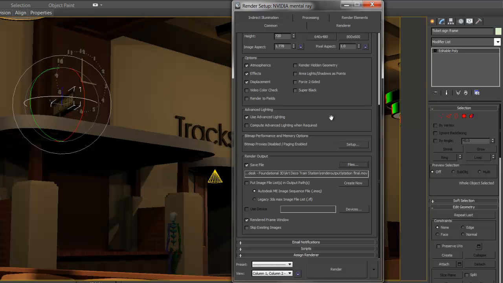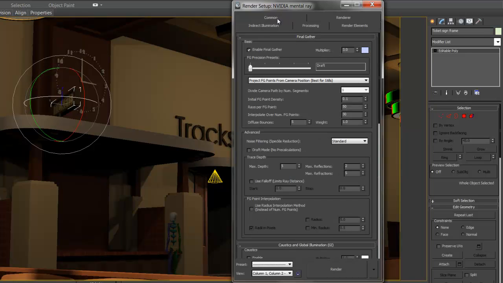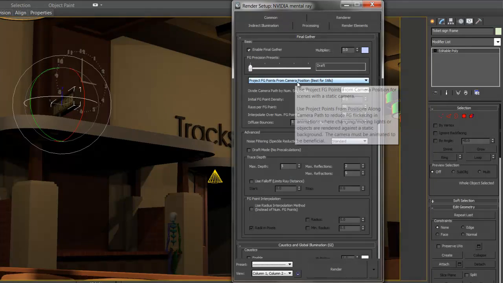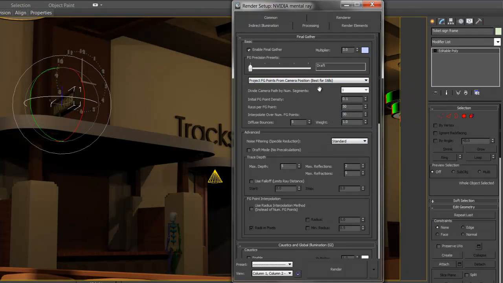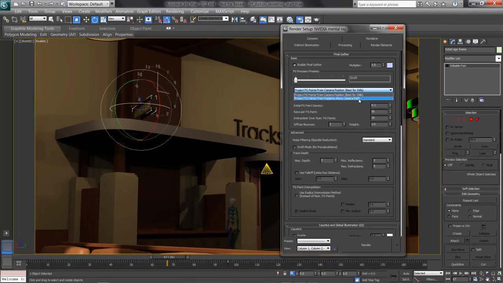One last thing here. Under Indirect Illumination, I'll drop down where it says Project Final Gather Points from Camera Position, and I'll change this over to Project from Positions Along Camera Path. What it means is it's going to divide each frame by a number of segments. Here the default is 9. And look at the